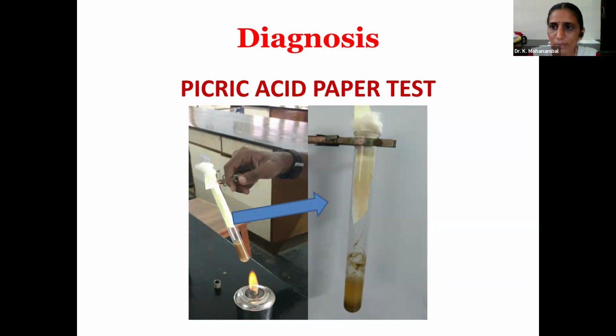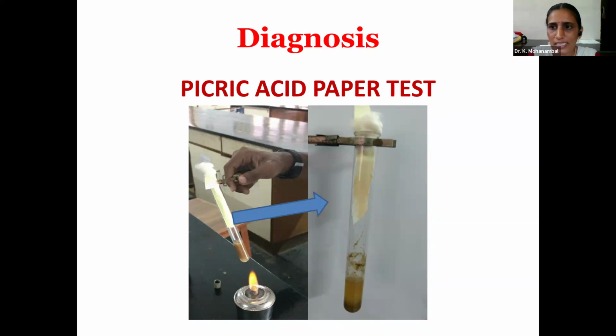container. Whenever a suspected case of nitrate poisoning comes, you have to take the sample, that is rumen fluid, into a test tube, and over that the picric acid paper should be kept. The picric acid paper should not touch the fluid because we need only the fumes to touch the paper. The test tube should be airtight with a cork. After that, we should boil it. Those fumes will change the color of the picric acid paper from yellow to orange or mild reddish,